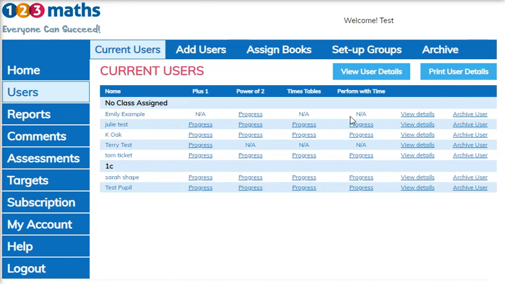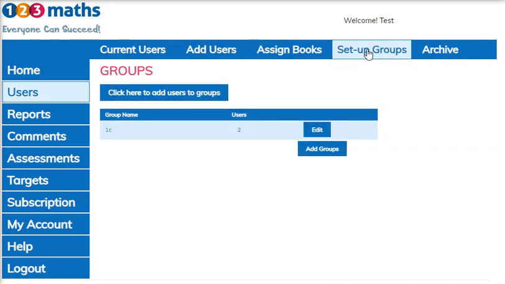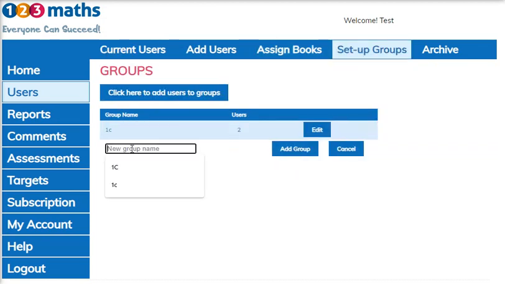You can also place your users into groups. So for instance, I've got a group here of 1C. To add a new one, just go to Set Up Groups. And we're going to add a group, and I'm going to call it